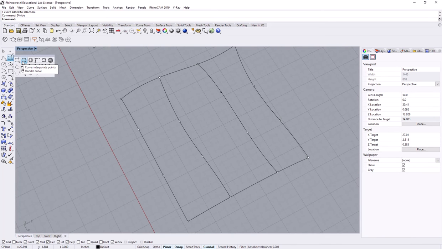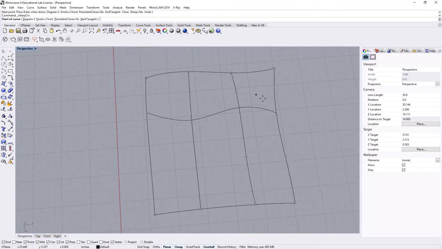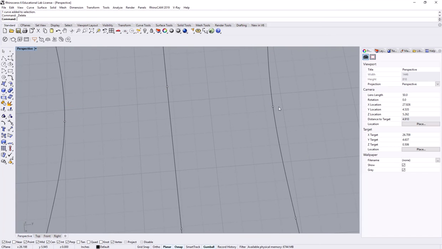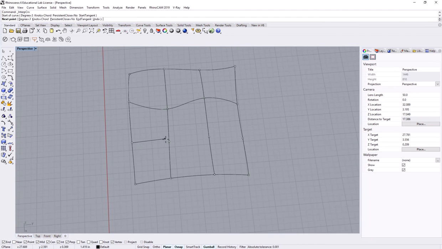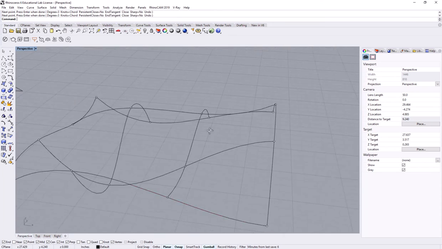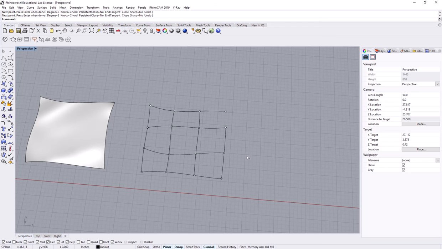I'm going to take now my interpolate points tool, and we'll go through these points. And that did not go through the point, so make sure you're actually clicking to the point. So now you can see I basically constructed a wireframe for what I want this surface to look like. So now if I do a curve,